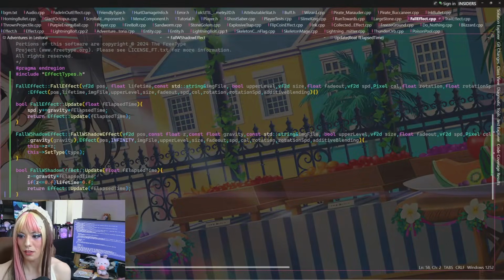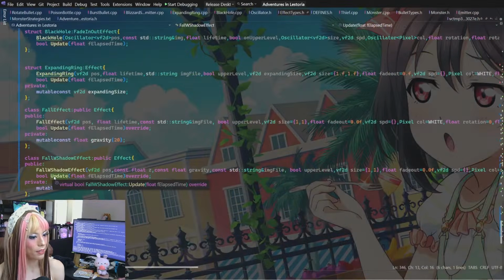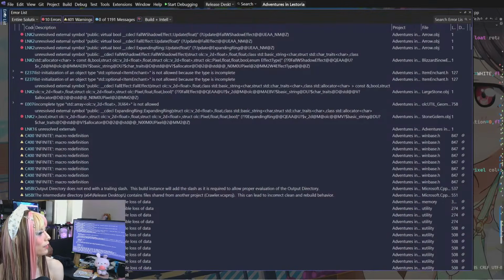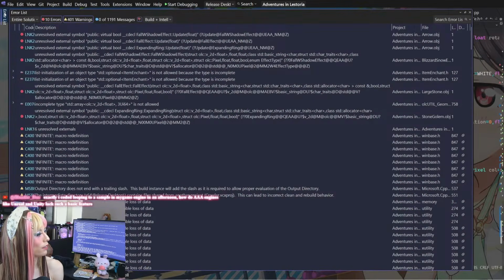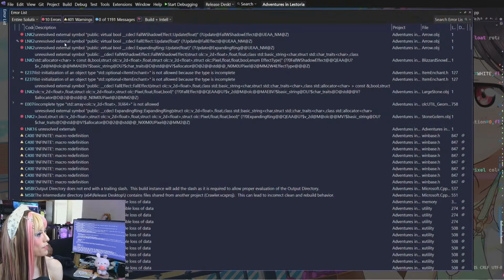Fall W shadow effect update float. Bool update float. Okay. I'm not sure why that can't link if it's staring right in my face. It's not inline. Am I missing something?